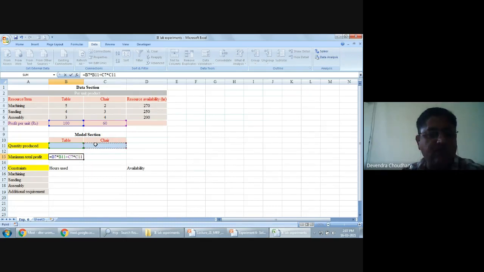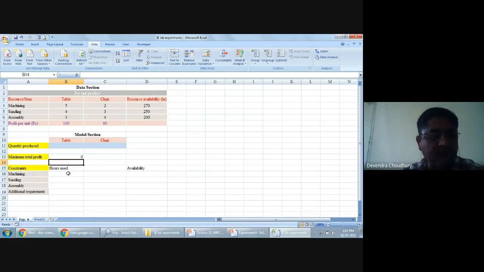We have entered this formula here. B7 is 100, and B11 is T, the decision variable we used earlier, but here in Excel we keep it as a blank cell. When we enter it, we get 0 because both values are 0.